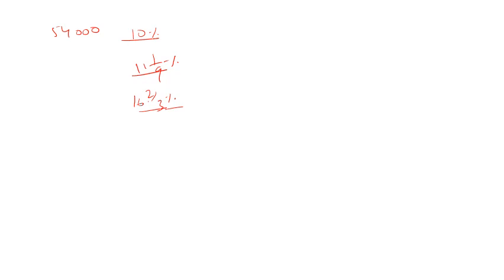Okay, let's start. So 10% of 54,000 is 5400. This is the first year's compound interest, the first year simple interest also, because first year simple interest and compound interest are the same. Now 11 whole 1 by 9%. This is basically 1 by 9. How 1 by 9? 9 into 11, 99 plus 1, 100 by 9%. So that is 1 by 9. 1 by 9 of 54,000, that is 6,000. Again 1 by 9 of 5400, that is 600.